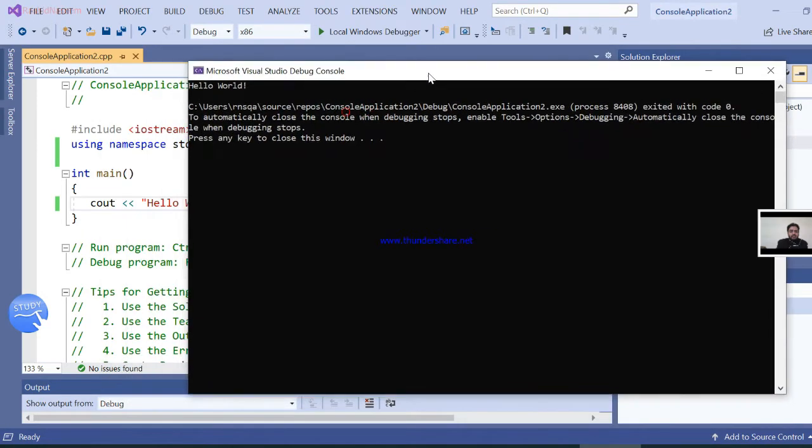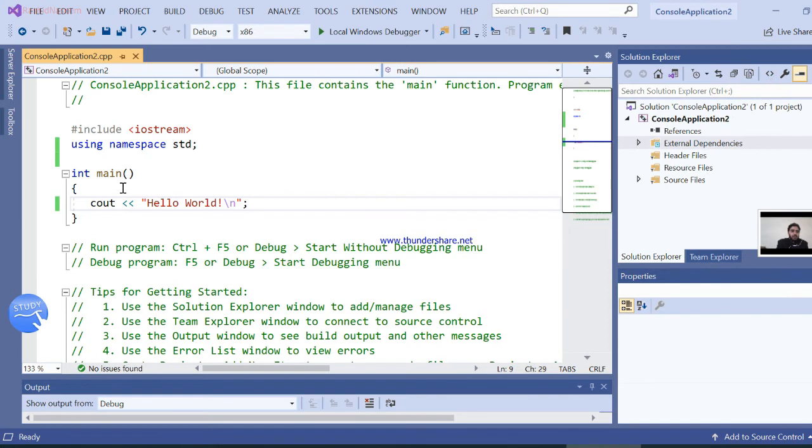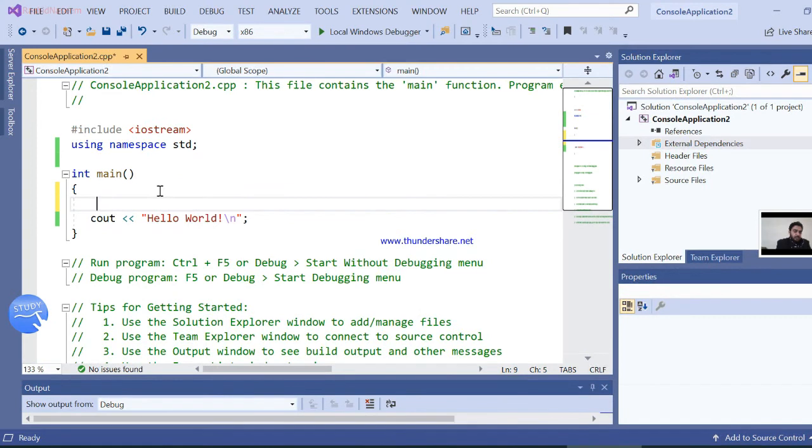Oh, good. So this is the exe file. Just like other IDEs, Visual Studio has created the exe file and has opened it for us in the console window. What was desired in our C++ program is to print out hello world on the console screen. We can also debug our program by introducing breakpoints, and through those breakpoints we can control the execution even inside the program. Let's see an example for this.